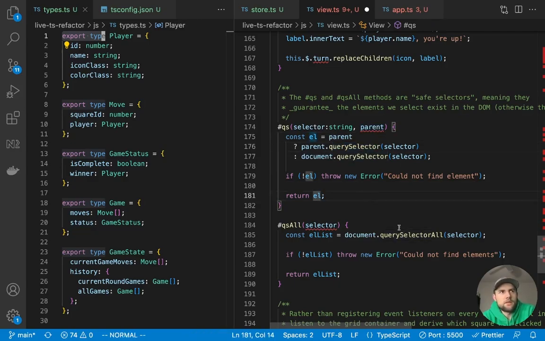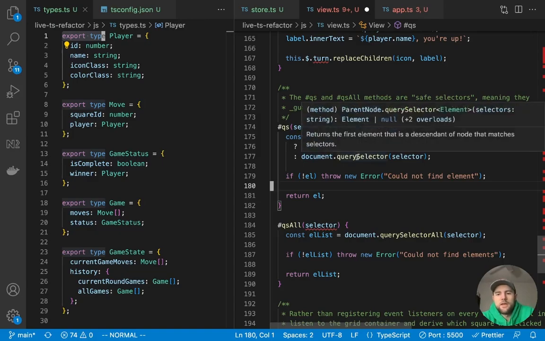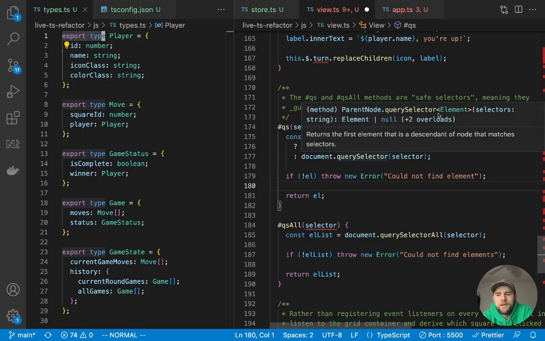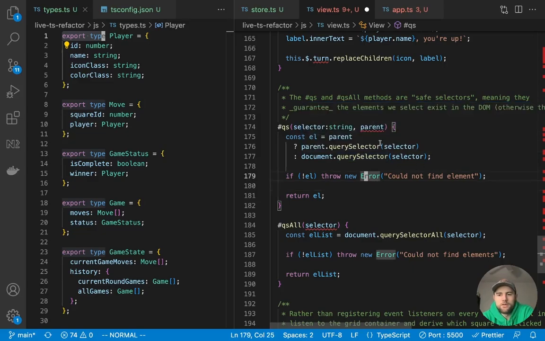And then when we're typing things with TypeScript, something useful you can do is just hover over these methods. It's not going to work because we're using it on the parent, but if we go to the document, there's some built-in types for the DOM methods and global types. So document is of type document, and query selector, this will give you a stub giving you the types that are available here. You can see the selectors are of string. That's how I knew to give that a string. And then element is what's going to be returned from it.